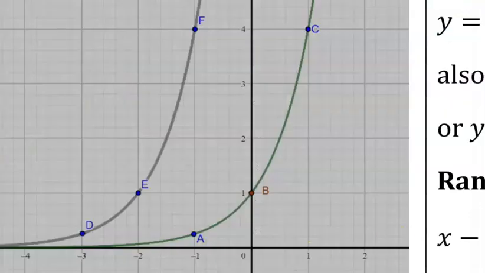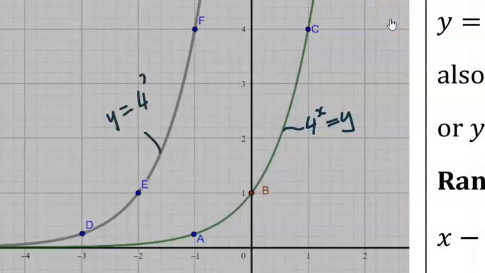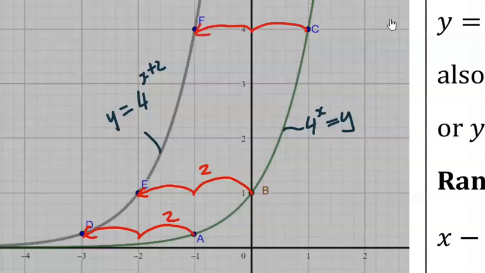Here we have our 4 to the x, and here we have y equal to 4 to the x plus 2. So you can again see that from there we have shifted 2 units to the left. From there it's 2 units to the left. And from there it's 2 units to the left. But I can also